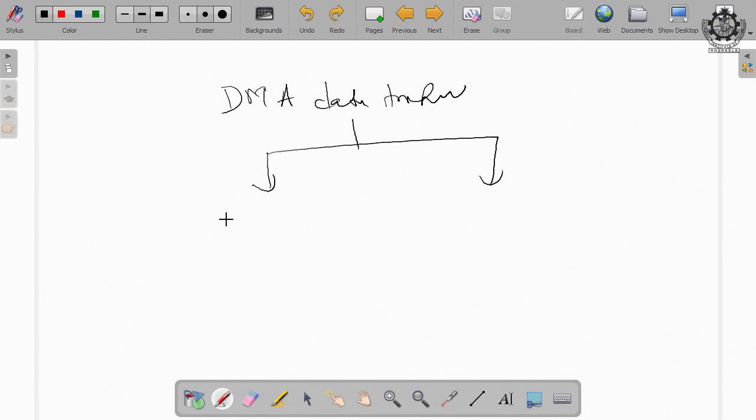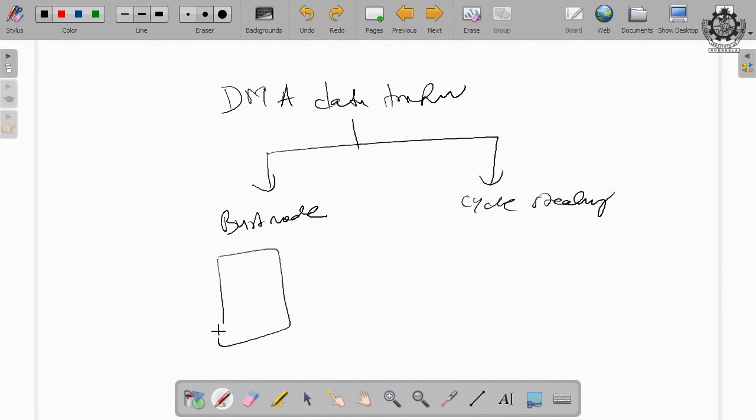One is called burst mode, another is called cycle stealing. So, this is your microprocessor, it may be 8085, it is compatible to 8086,